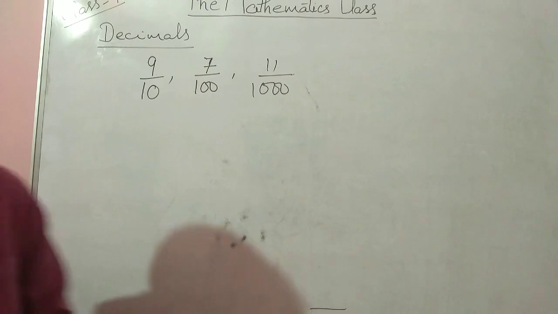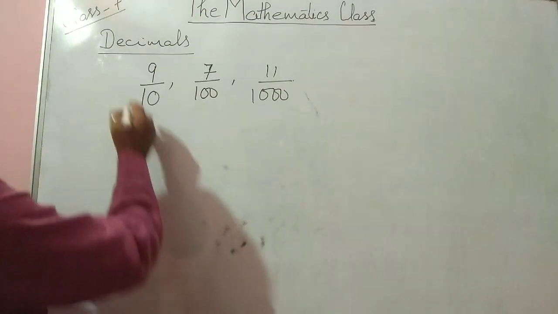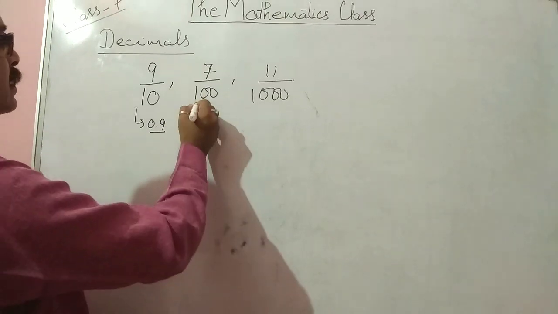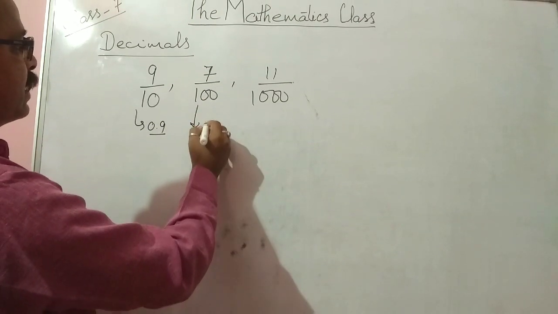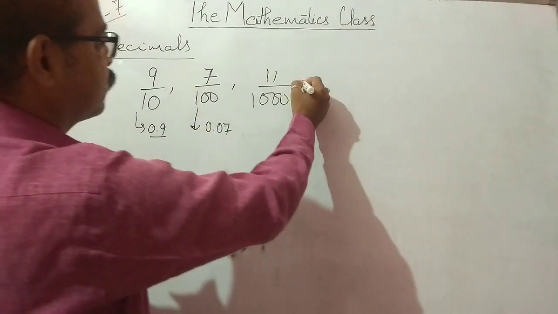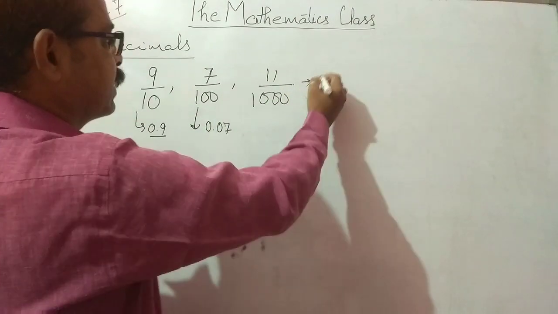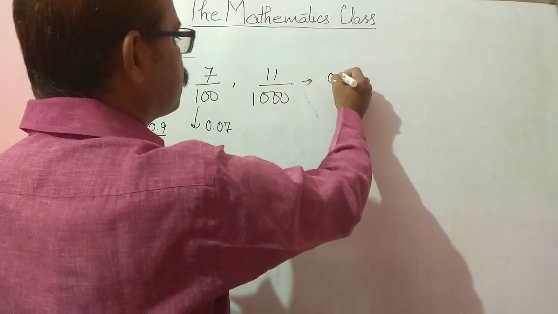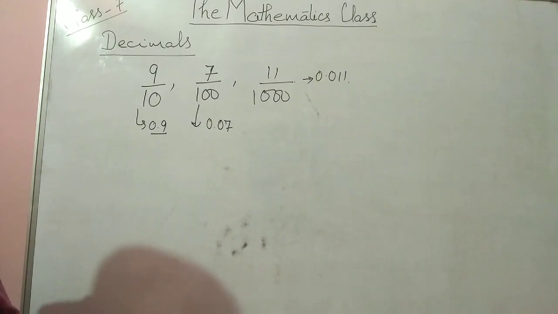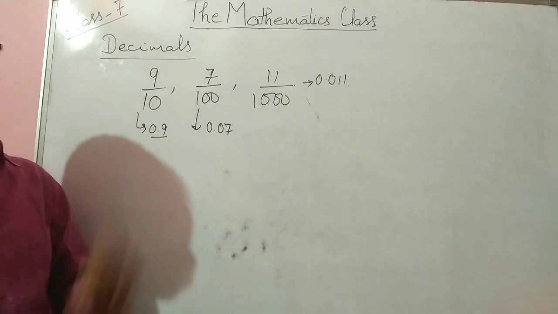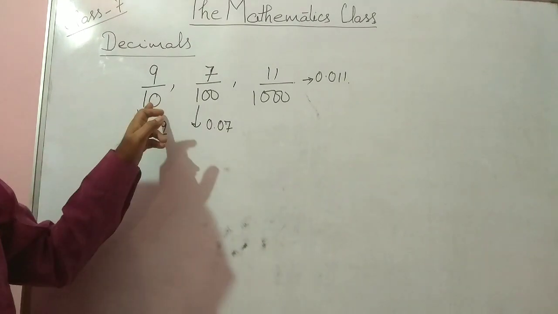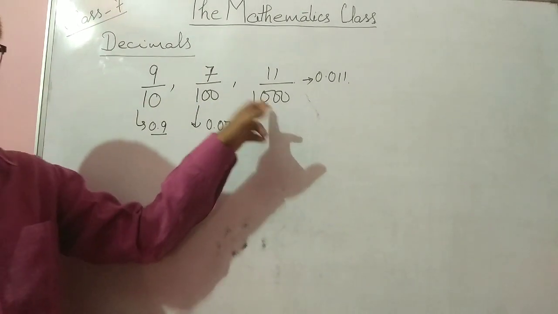These are fractions. 9 upon 10 can be written as 0.9, 7 upon 100 can be written as 0.07, and 11 upon 1000 can be written as 0.011. Basically you can make out that any number which has the denominator as 10 or 100 or 1000,